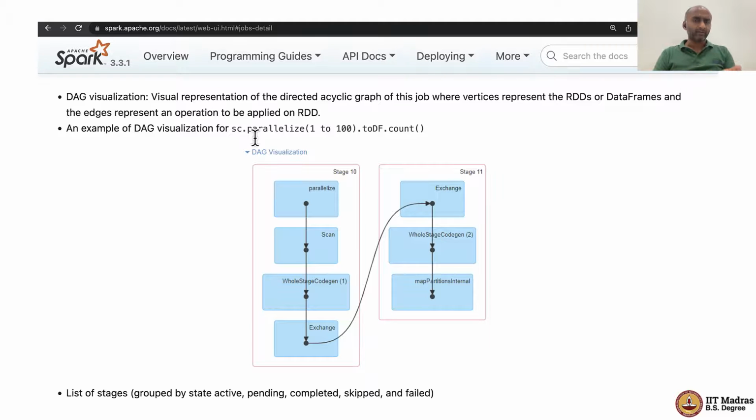There's no input data frame to it. You're actually creating a data frame from scratch by picking up constants. The constants here are 1 to 100. So on top of that input, you've created the data frame for the first time. That's this toDF function. And on top of the data frame, you're executing a data frame compatible aggregate, which is